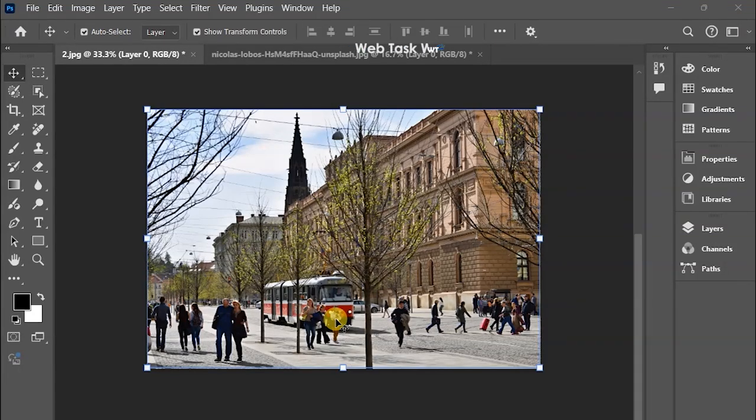Bismillahirrahmanirrahim. Assalamu alaikum. My name is Hassan and today we are going to remove people from an image in Adobe Photoshop